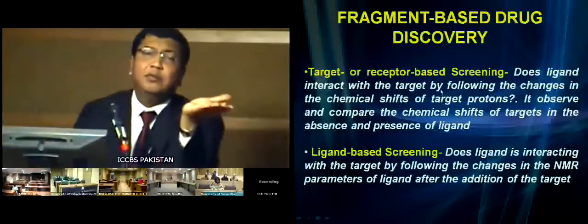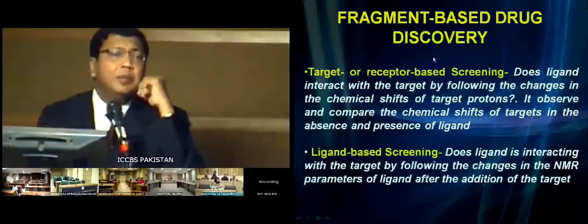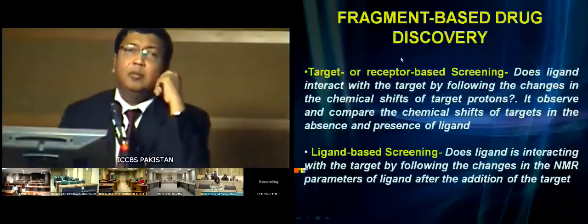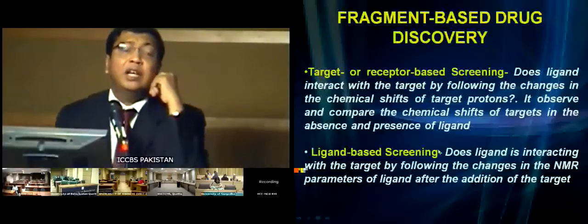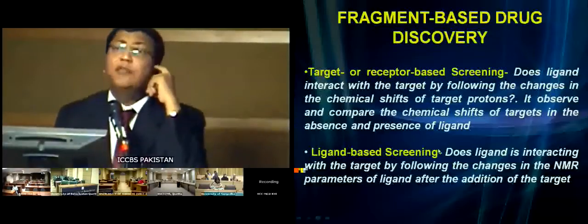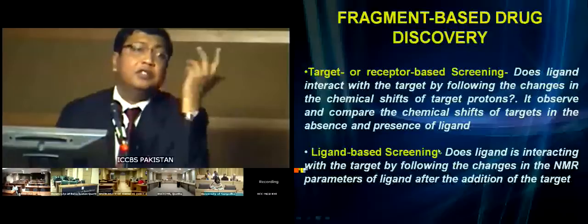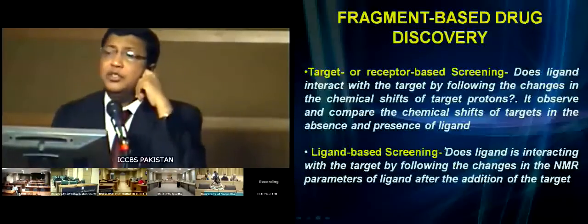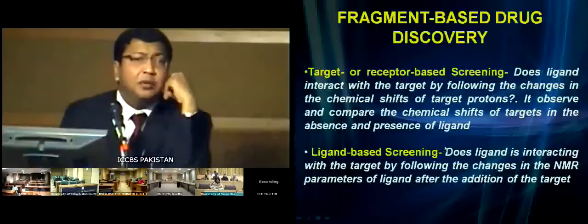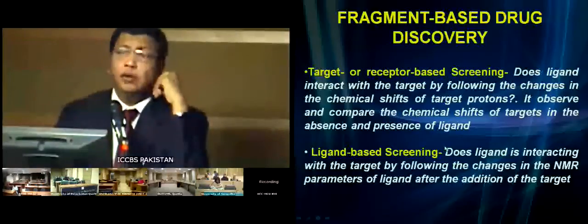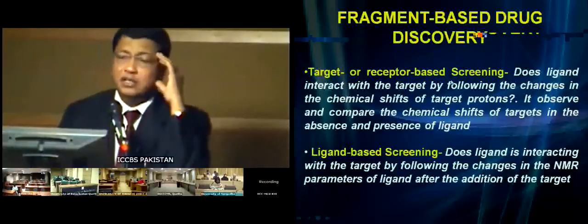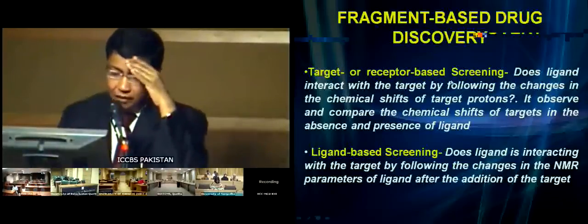I can tell you, for example, if you have a greater chemical shift change, that means that the molecule is either closer or has a functionality which affects the chemical shift. For instance, an aromatic ring shields the proton or de-shields the proton depending on the region where the protons are lying. So this is the philosophy. The second philosophy is